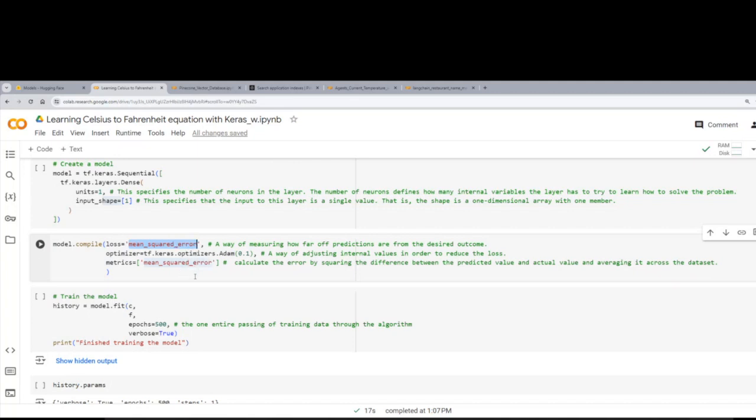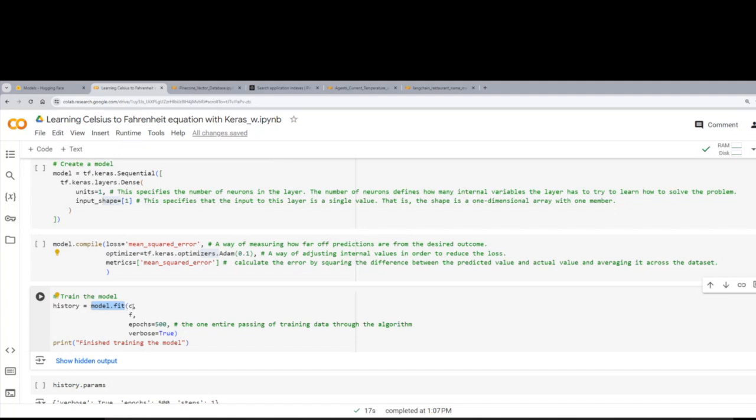it is like take the error, square of it, and take a mean, and then take a square root of it. So it is one of the ways we can calculate the losses here. And I'm using optimizer Adam here. Adam is just a way to adjust the losses, whether it is going up or going down. No need to go into too much detail on that here, but